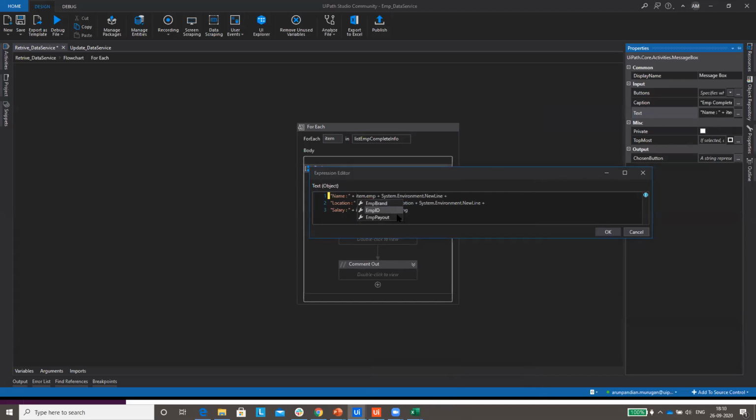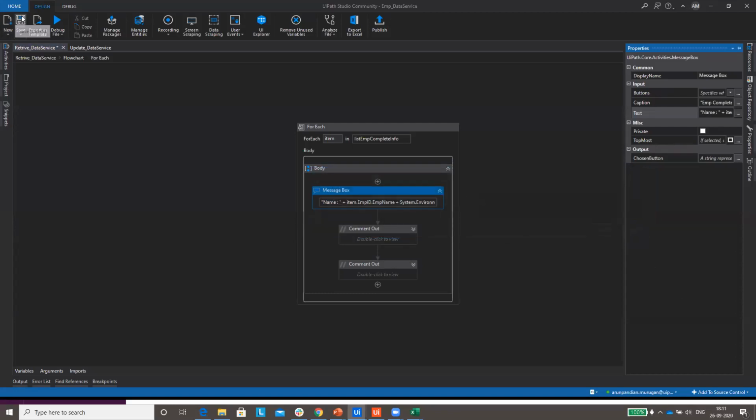But when you go to this employee ID and give a click, now you will see all the fields from the detail table. From there you can specify whatever field you want. Similarly we'll be fetching employee location from the employee details table, and this particular field belongs to the salary table itself, so we can navigate directly here. Now let's run and see.